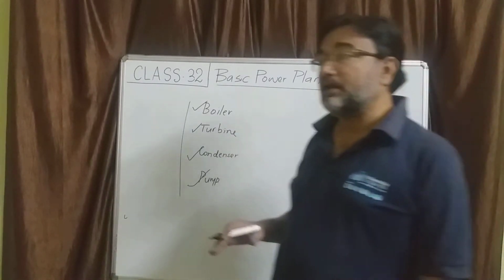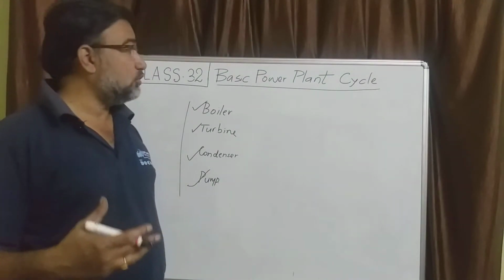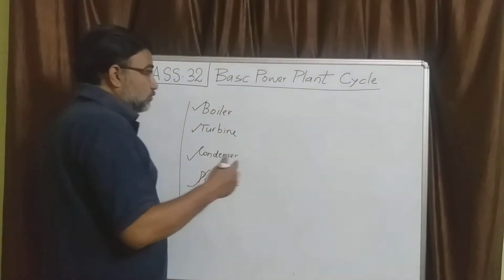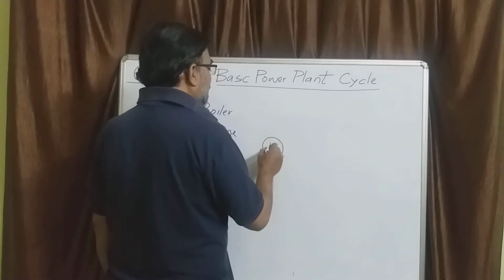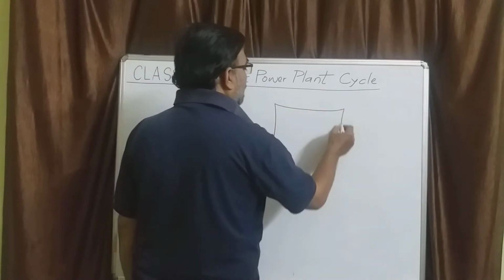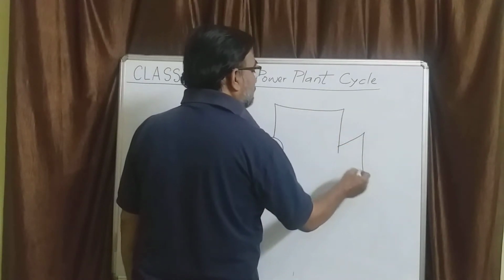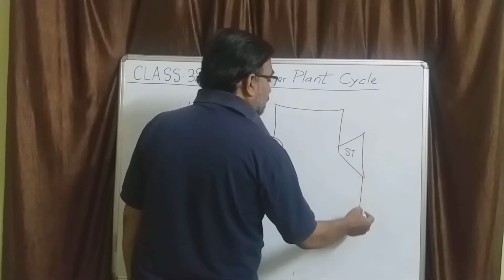And how are they connected? Let me draw a block diagram or flow diagram, which will give you an idea about how these units are connected. This is a schematic diagram. There is a boiler. After the boiler, you have a turbine. Since we are talking of a steam power plant, it is a steam turbine. From the steam turbine,